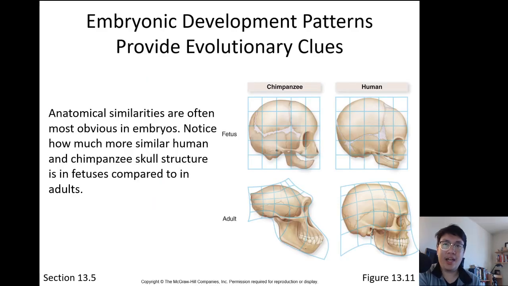Here is a development of a fetus, chimpanzee, and human, as well as an adult chimpanzee and human. Anatomically, we are very, very similar. And if you look at the embryo development, we're almost nearly identical. I mean, we do share 99.8% of our DNA together. But look at the skull structure here. Okay, what do you notice? In terms of the development of a baby's skull, they are almost identical.